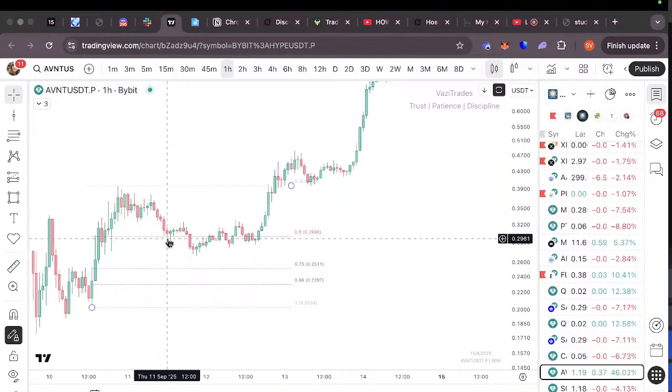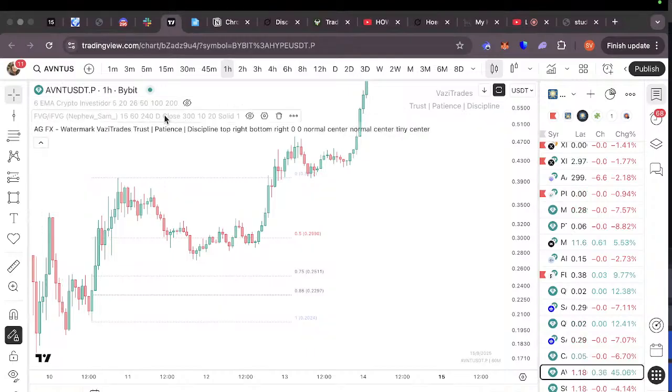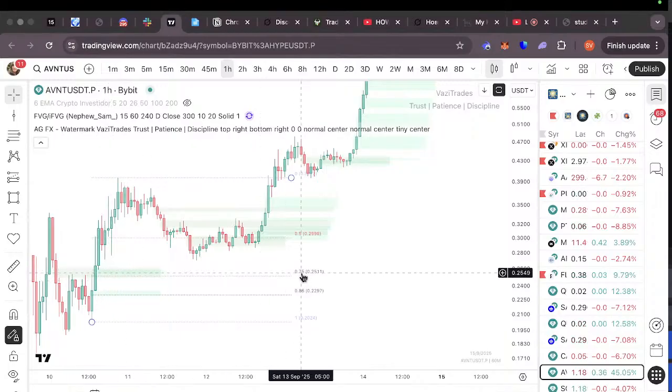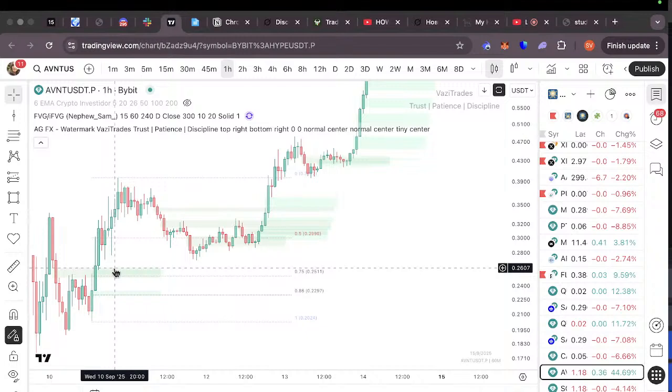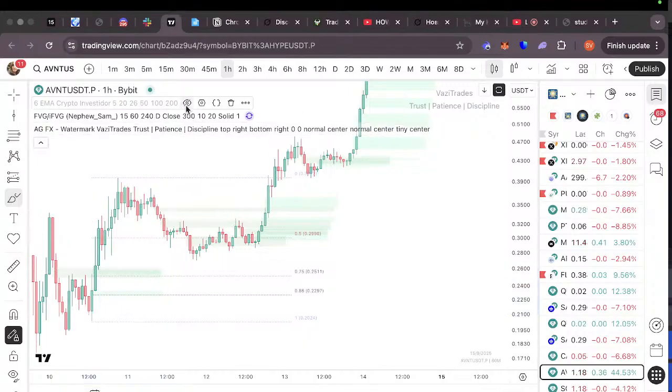Then I could technically long, since this level can be an interesting level to long. If I'm not sure if I should long from 0.5, I can use FVG, but we can see that there is no FVG at 0.5, right? From this zone, there's none, but we see this green box, FVG at 0.75. So it tells me that this level for sure should be a strong support to bounce. Then another thing,